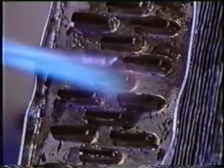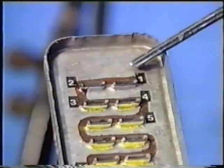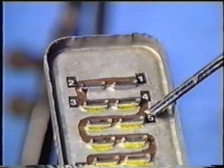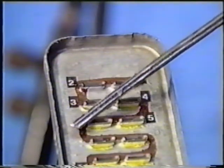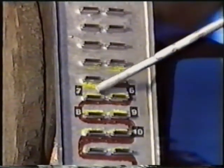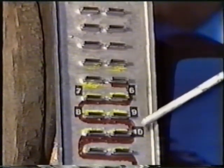There is a correct sequence for re-sweating tube to header plate joints. Let's take a closer look at the sequence. Go along each side of the tube, alongside lines 1, 2, 3, 4, 5, and having gone right along the header plate, we should turn the radiator and repeat the sequence along lines 6, 7, 8, 9, 10, and